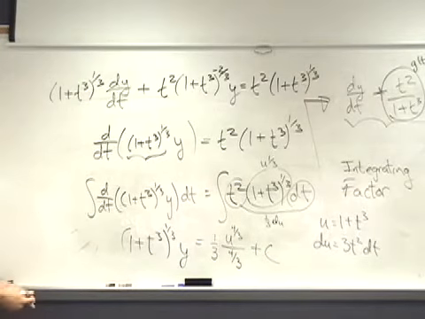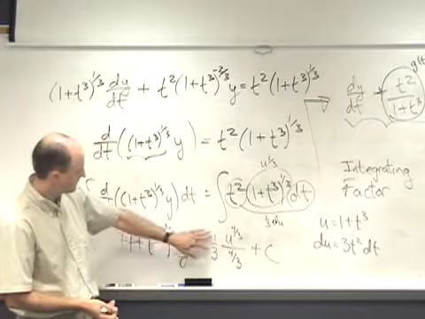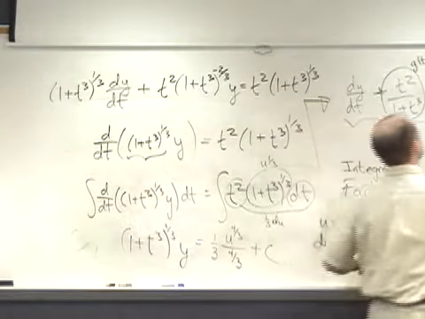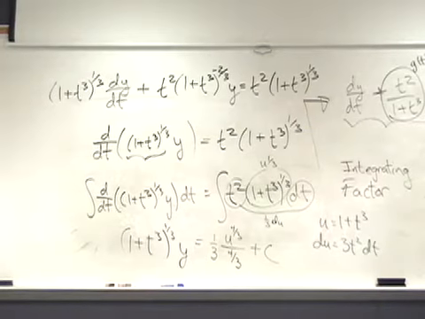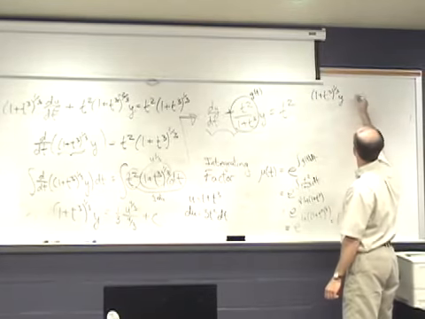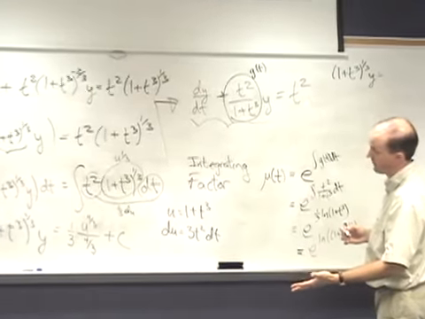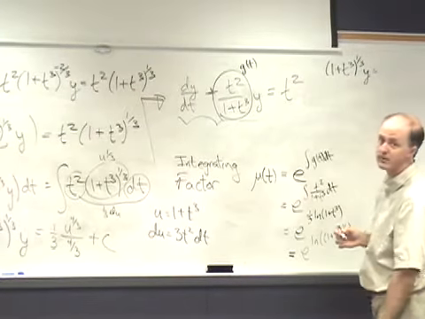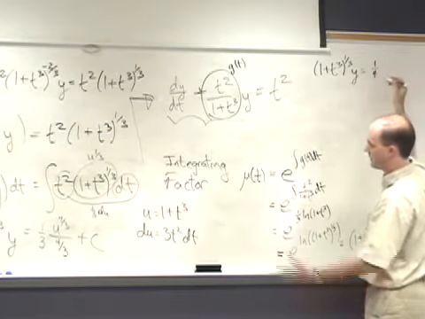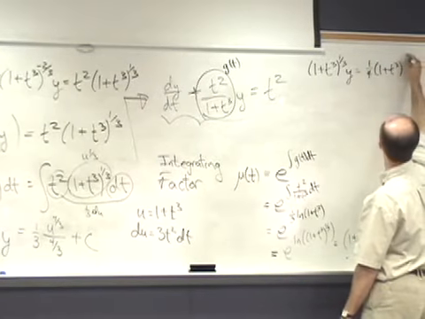And then now go back and replace u with 1 plus t cubed, and also simplify the 1/3 and the 4/3 in that denominator. So 1/3 divided by 4/3 is the same as 1/3 times 3/4, and that's going to be 1/4. u to the 4/3 is (1 plus t cubed) to the 4/3